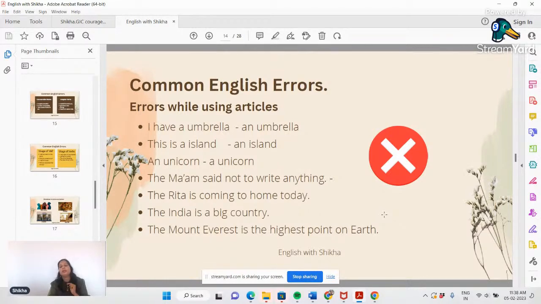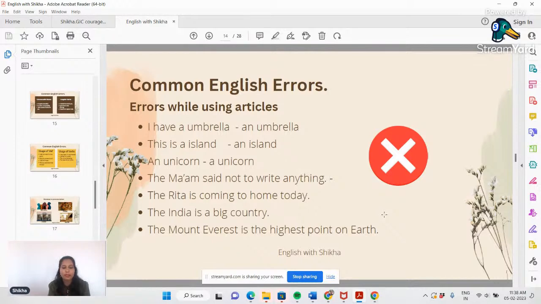In the same way, there are some words which start with a consonant, but we use an. Yes, like an honorable man. An honorable man. Why are we using an, though the word is starting with H, right? We should have used a, but we are not using a, we are using an. Because in this word, the sound is starting with o. O is a vowel sound. Here, if you understand, the H is silent. Many people pronounce it as "honorable" with the H sound. It is not that, but "onorable," right?